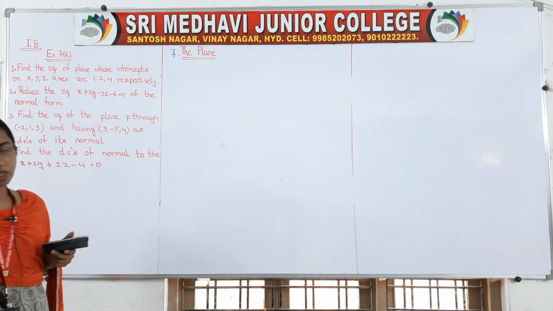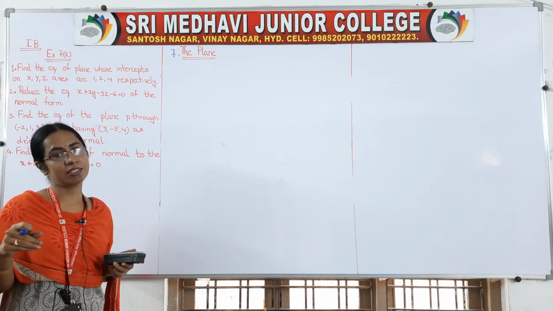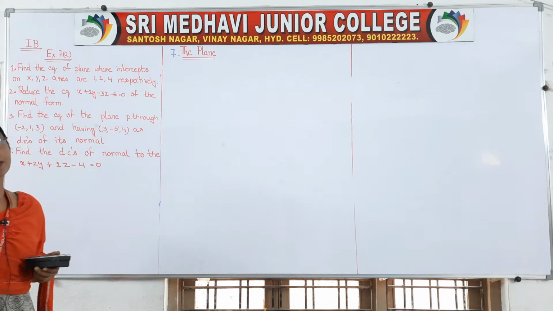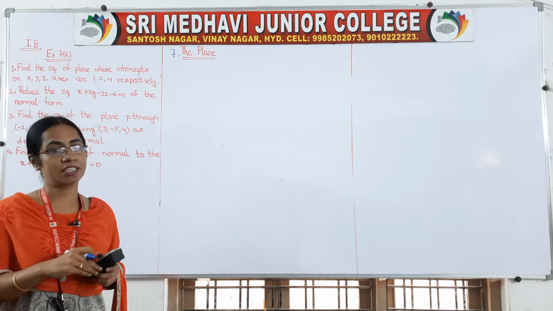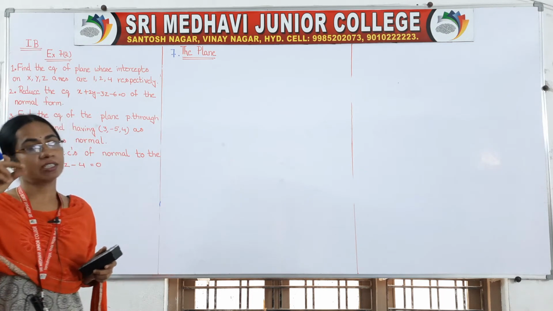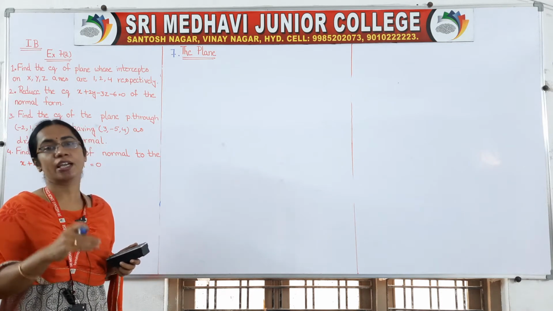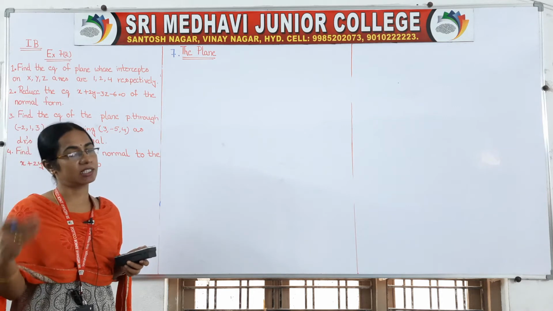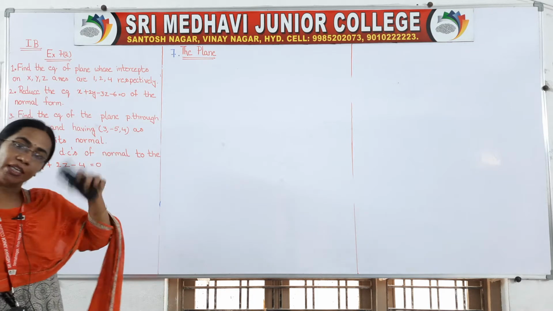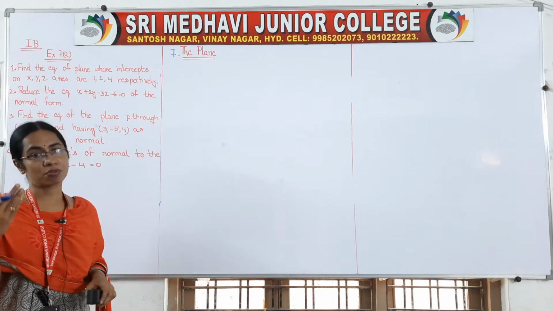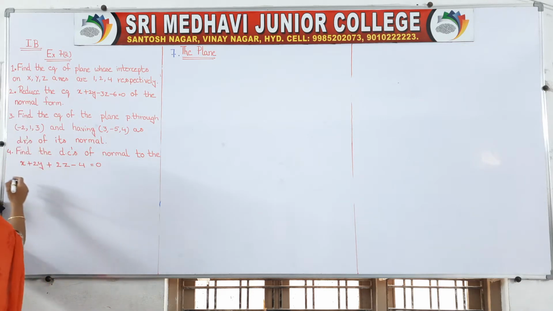So actually if the plane is given, we will reduce it into intercept form, isn't it? After reducing, we will see the value below x, that is the x-intercept, the value below y, that is the y-intercept, and the value below z, that is the z-intercept. Here intercepts are given to you, we have to find the required plane equation. So come on, how will we solve this one?